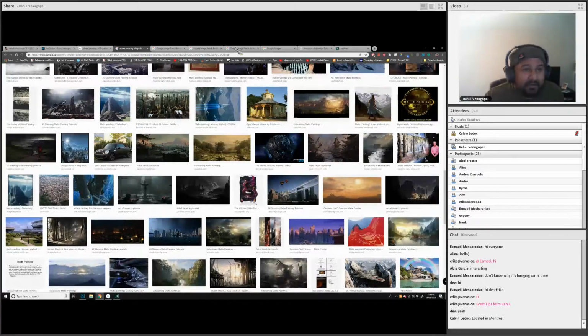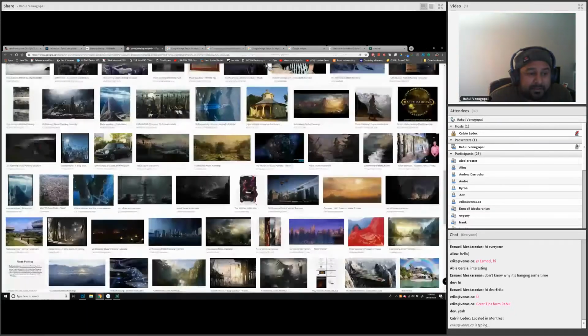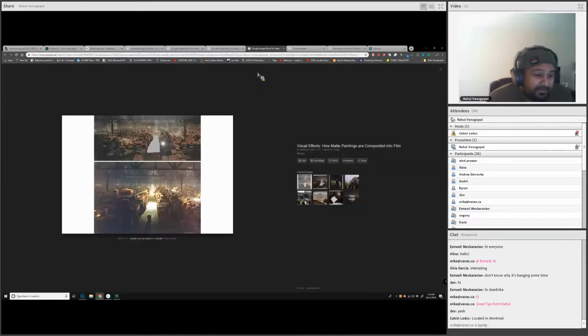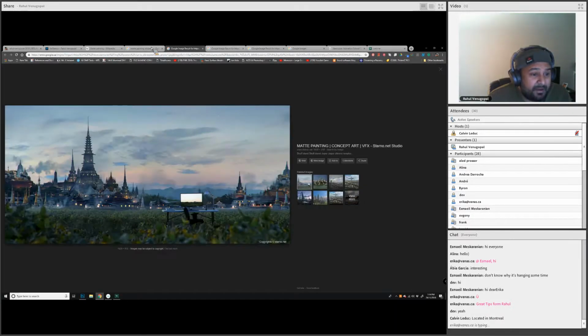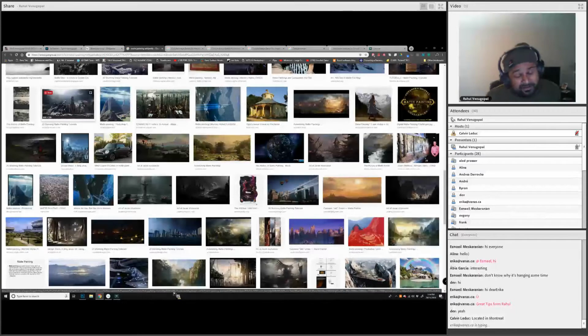So I'm going to talk about the kind of skills we need as a matte painter. I did briefly talk about what sort of workflow we have these days. It's a 2D and 3D workflow. I did mention that. So we do cover that in our curriculum, because the curriculum here at VANAS is